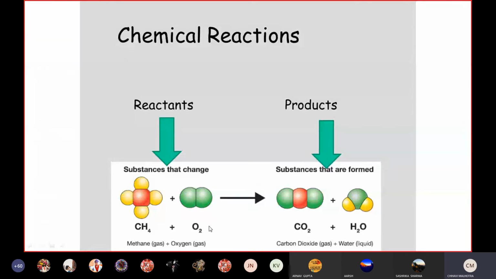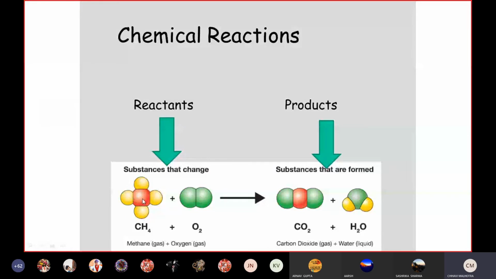So this is another representation, like you can see here, see the colors of these atoms. This is methane. Methane is CH4. Please make a note of methane somewhere in your books or notebooks, just write methane is CH4. So methane plus oxygen gas is giving us carbon dioxide gas plus water. So what you see is how the molecules are rearranging.